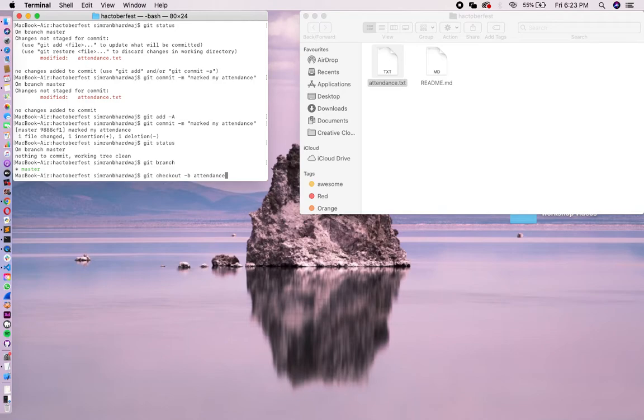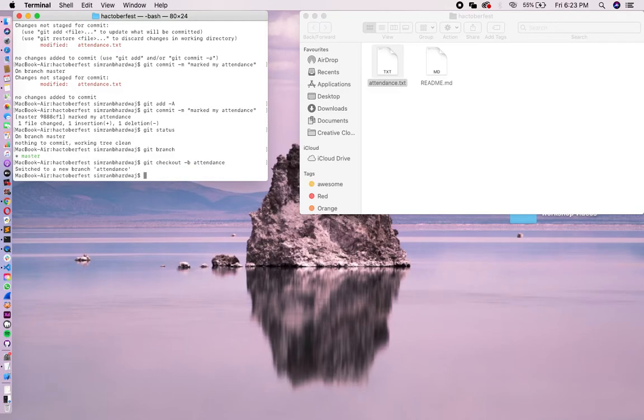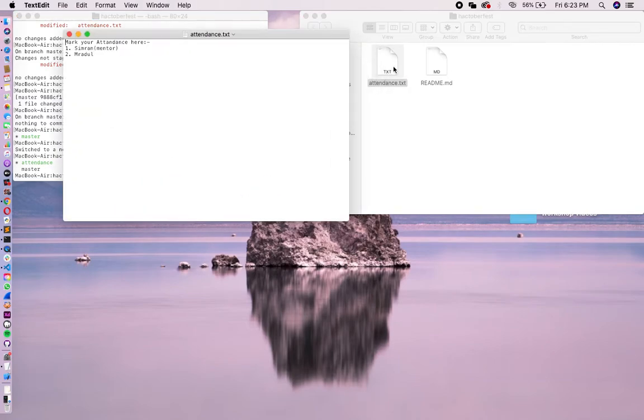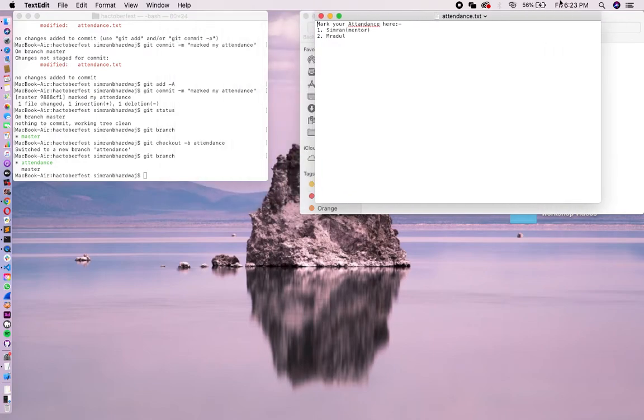So let's create this branch. I hope this command is clear: git checkout -b and then type the name of the branch. As it is showing, you switched to a new branch, attendance. Also by using the command git branch, you can see that now you are in your attendance branch. Now let me show you something. Look, this was the content. Now be careful over here.